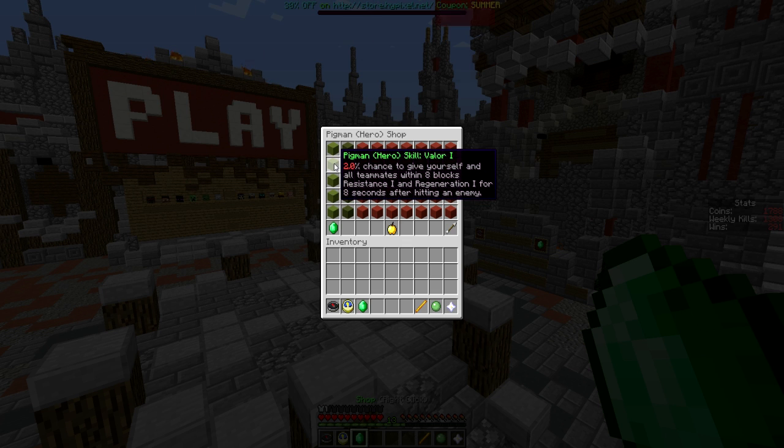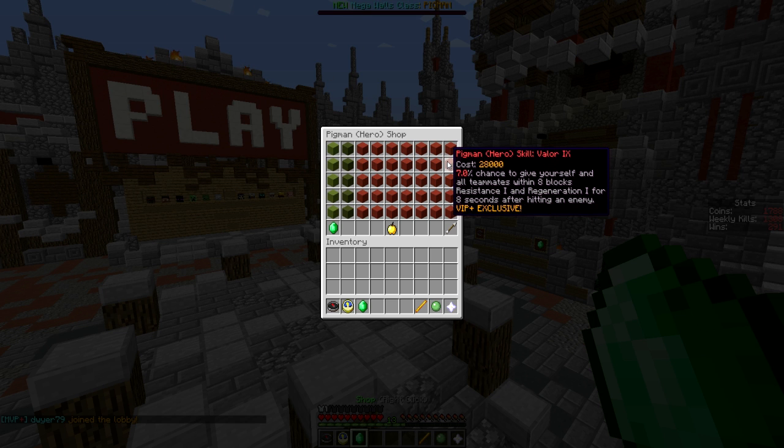We have the first skill called Valor, and you have a 2% chance to give yourself and all teammates within 8 blocks resistance 1 and regeneration 1 for 8 seconds after hitting an enemy. So that's every time you hit an enemy, you have a 2% chance to give those effects. Then you can increase the percentage chance to 7%. So as you can imagine, you would get it every time you have a fight with someone. You're bound to hit them at least 10 times, which would